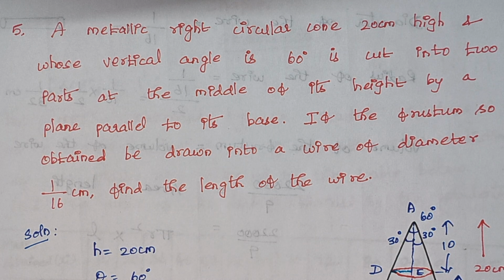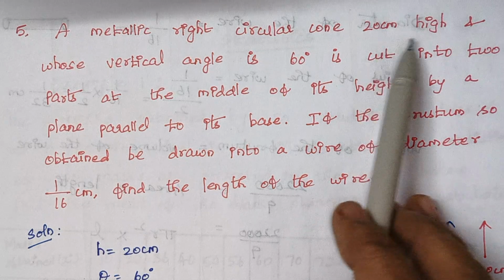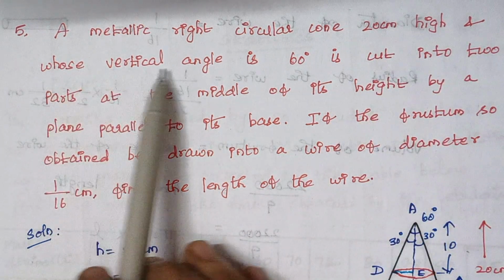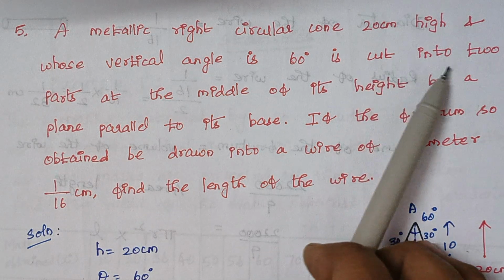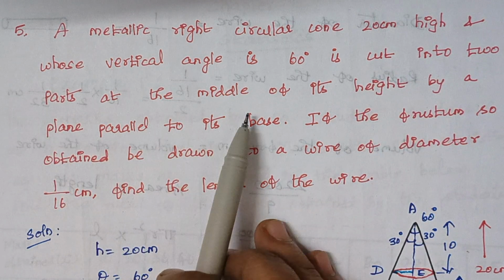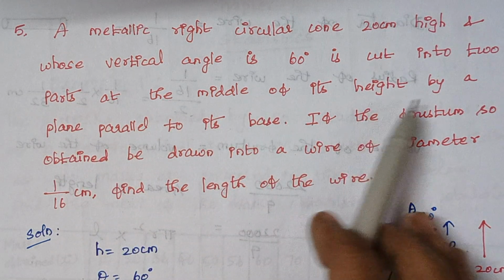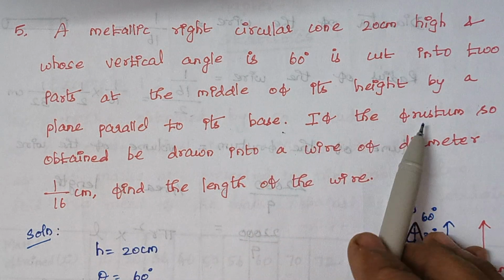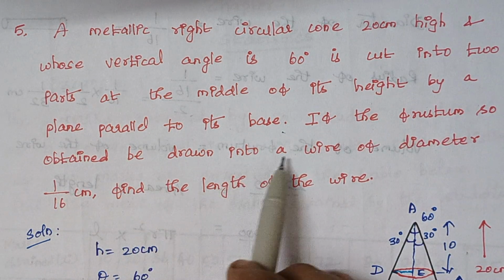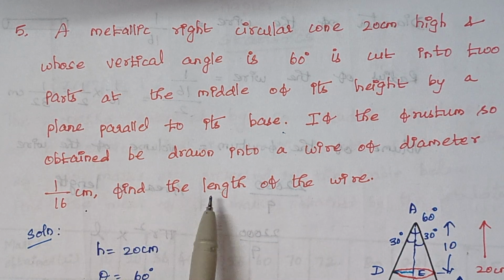So problem number 5. A metallic right circular cone 20 centimeter high and whose vertical angle is 60 degree is just cut into two parts at the middle of its height by a plane parallel to its base. If the frustum so obtained be drawn into a wire of diameter 1 by 16 centimeter, find the length of